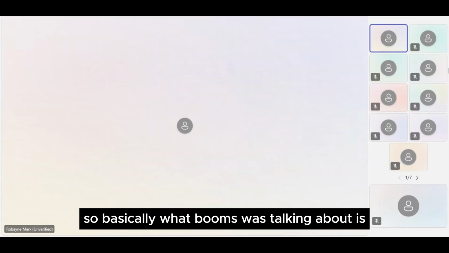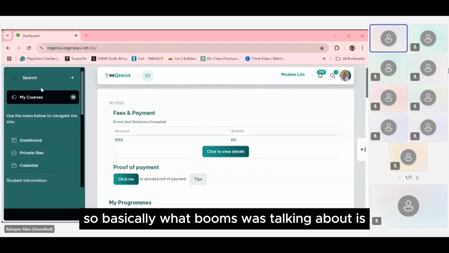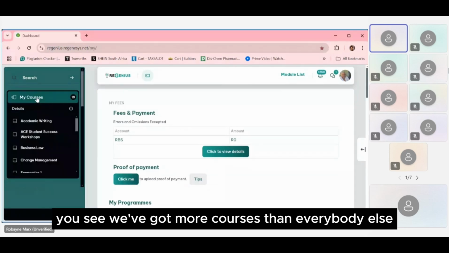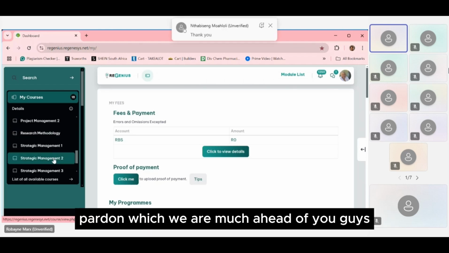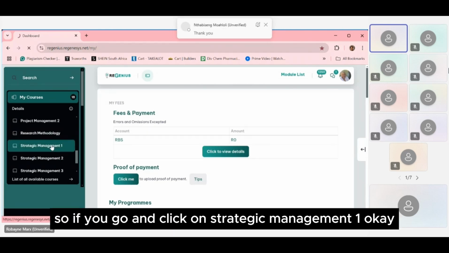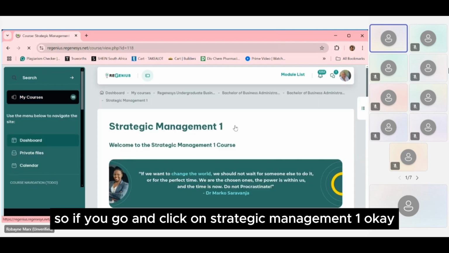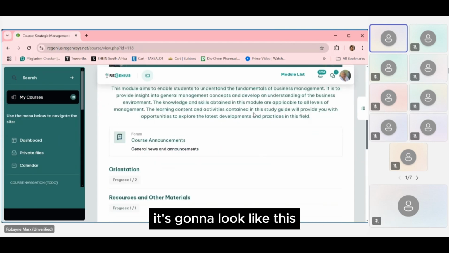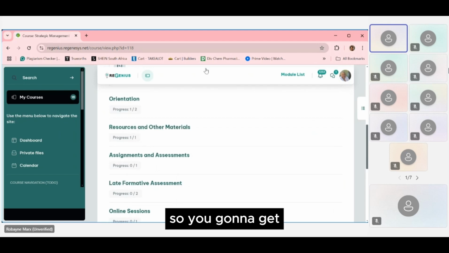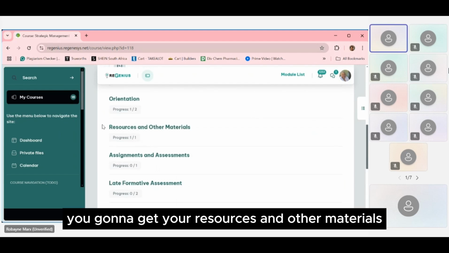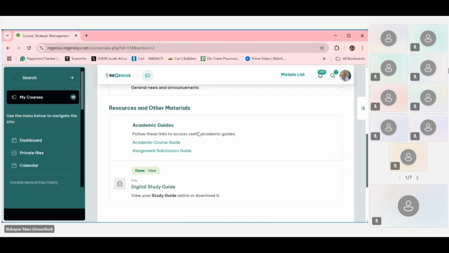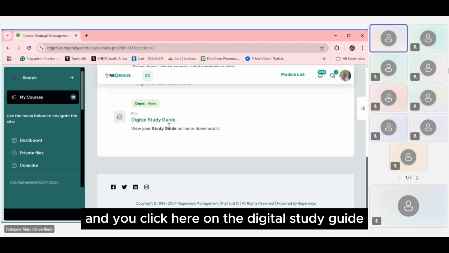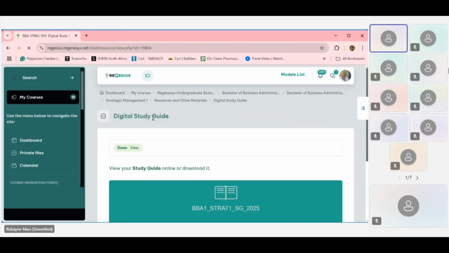So basically, what Bongs was talking about is, we've got more courses than everybody else, because we are much ahead of you guys. If you go and click on Strategic Management 1, it's going to look like this. You're going to get your resources and other materials. This is where you get the study guide from. If you open it and click here on the digital study guide,